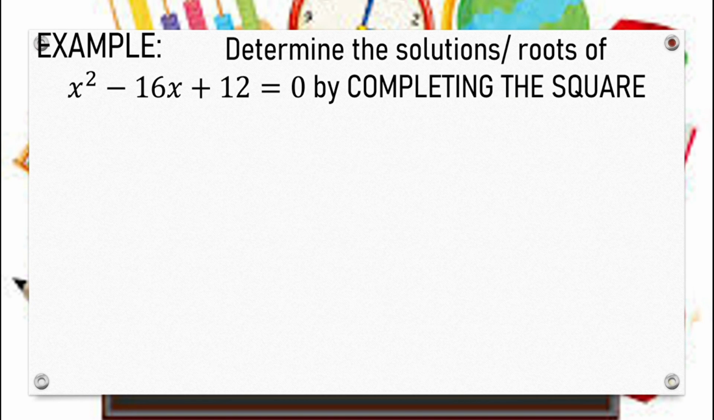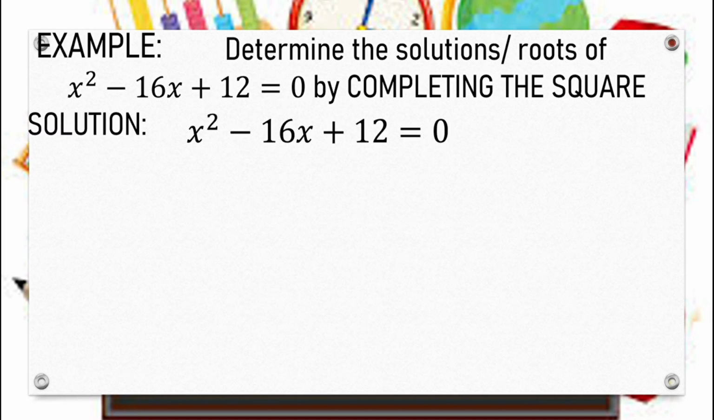Let's have the fourth one. Determine the solutions or roots of x squared minus 16x plus 12 equals 0 by completing the square. In this example, the given equation is x squared minus 16x plus 12 equals 0. And our x squared has a numerical coefficient of 1. So we will skip step 1 and proceed to step 2 as we transpose 12 on the right side of